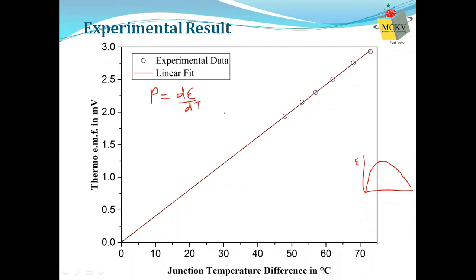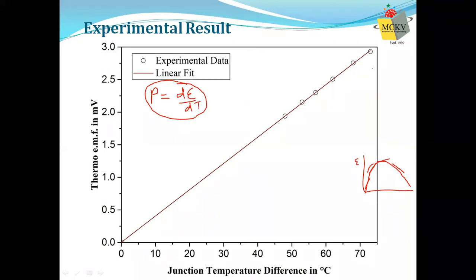That is the slope. And if it is a curve, then at every point on the curve, the tangent changes. That is, the slope changes. So you need to define at which point you need to find out the power. Since the slope changes, that is, del E by del T is nothing but the slope of this graph. And if it is a curve, then the slope changes at every point. So you need to specify at which point you want to find the slope. So that is why it is mentioned at which point or at which temperature you need to find out the power.